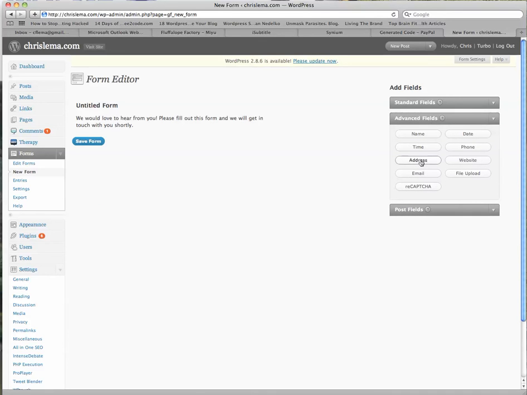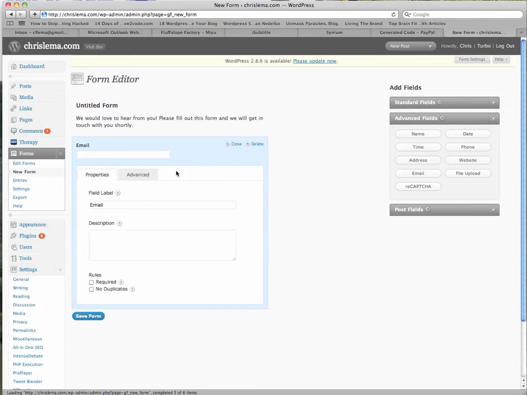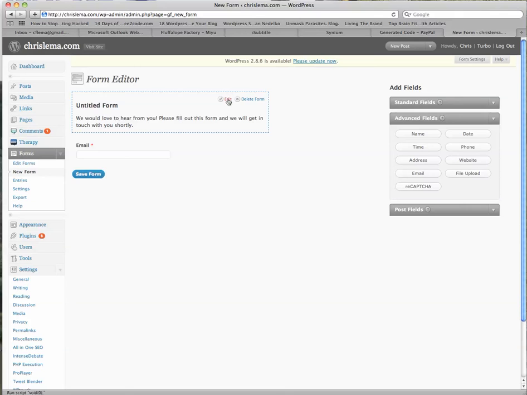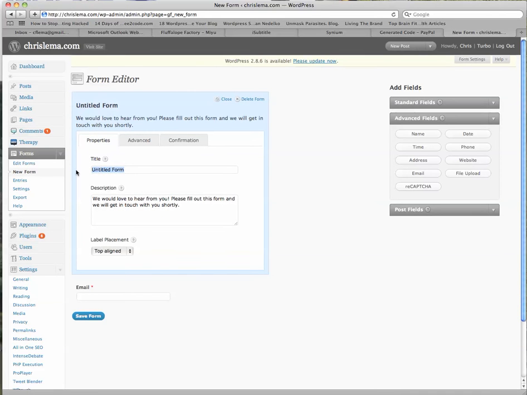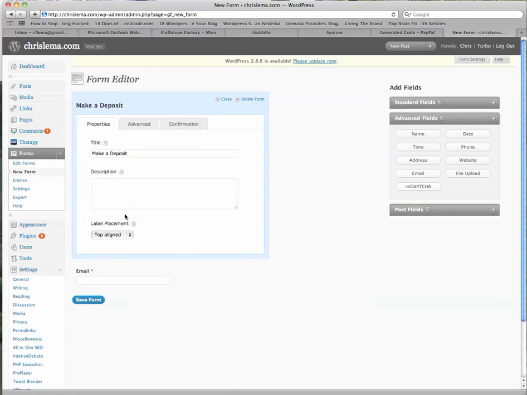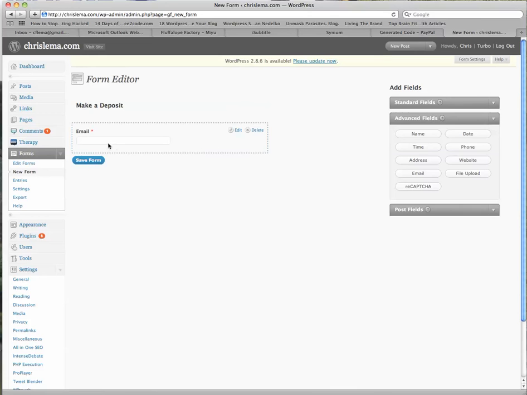So we'll go to advanced fields, and in this case, we'll hit email. Now, many of your forms will already have email, so you don't need to worry about it. In this case, what I'm going to do is just make it required. Close that, and we're going to edit this real quick. And this is a make a deposit form, right? We don't need that there. And so we'll close that. And so basically all this is going to do is when they put in their address and submit it, we're going to send them an email